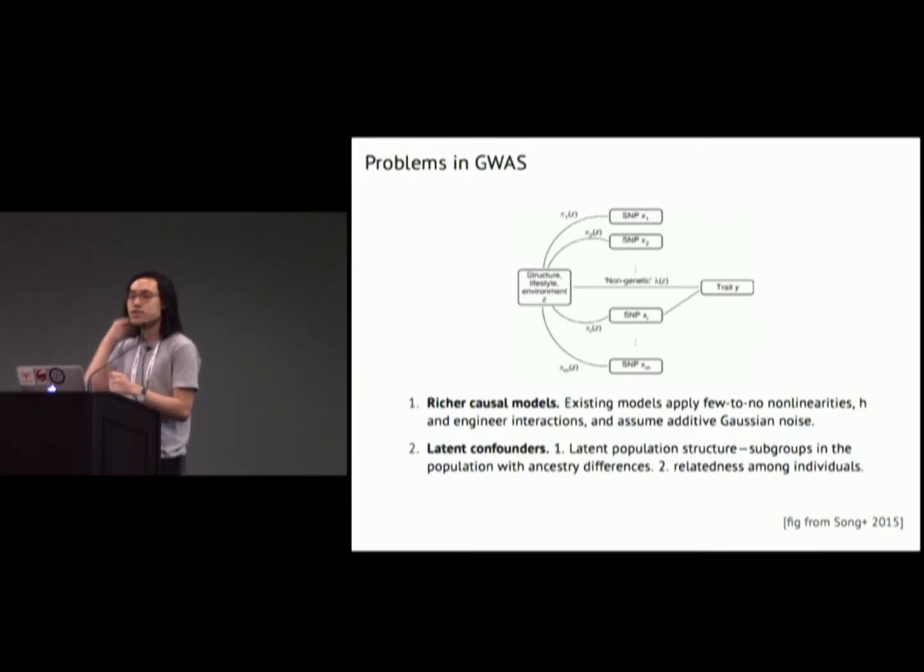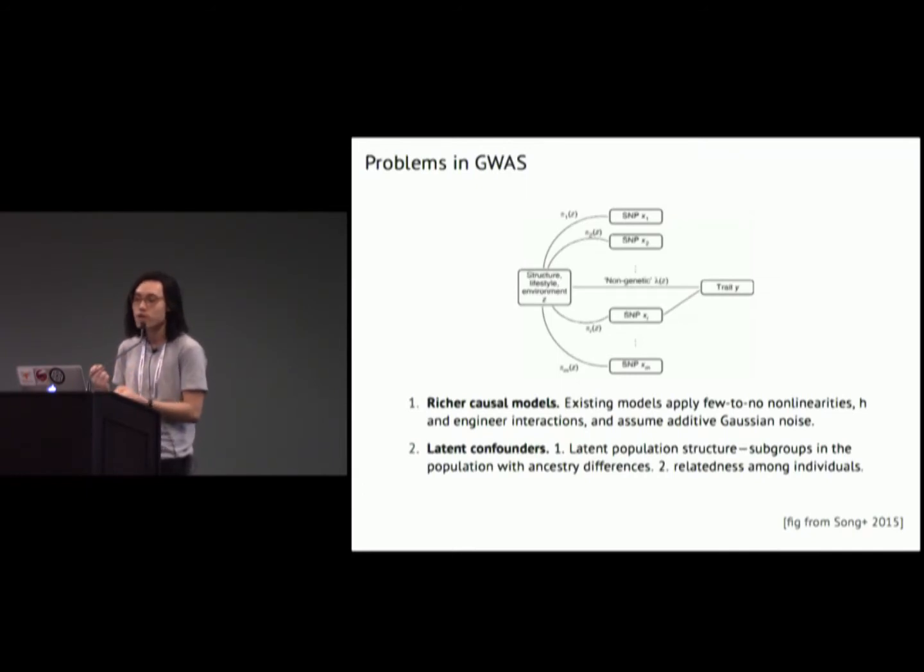And another thing is this left column, which represents Z. And this Z here is a problem in just doing causal inference. We have to adjust for what are known as latent confounders that influence or confound our inferences from X to Y. And there are two particular confounders that are particular in genome-wide association studies, and one is the idea